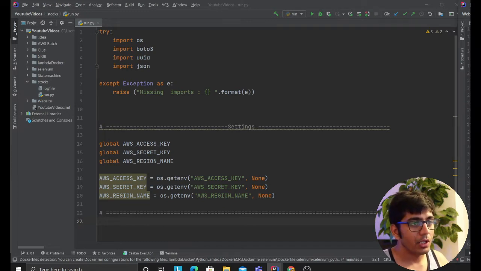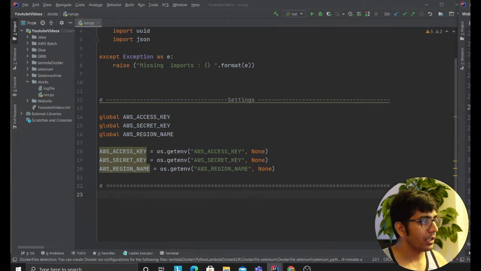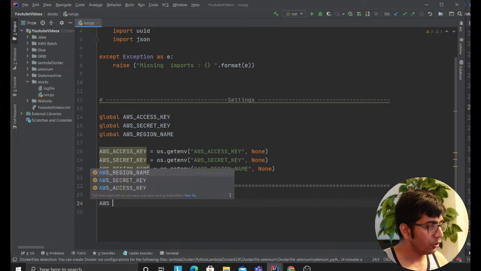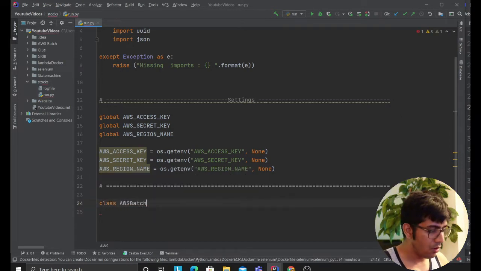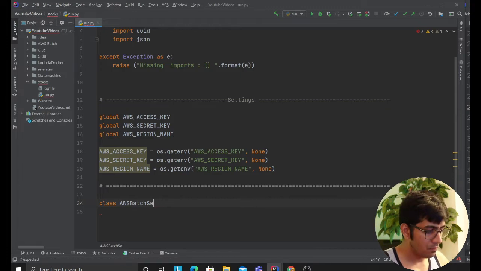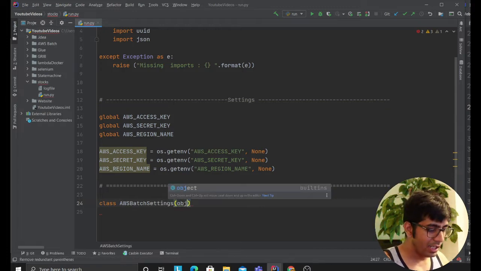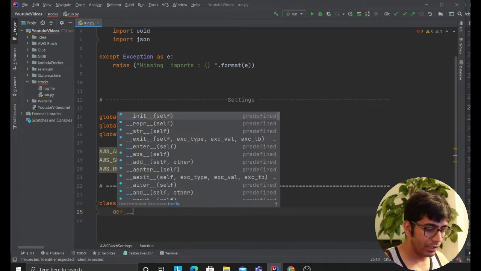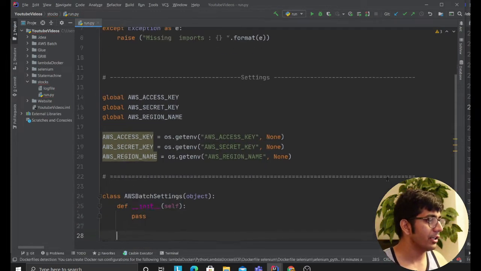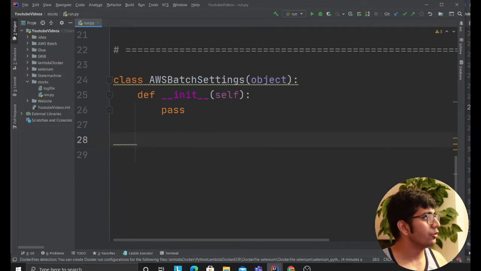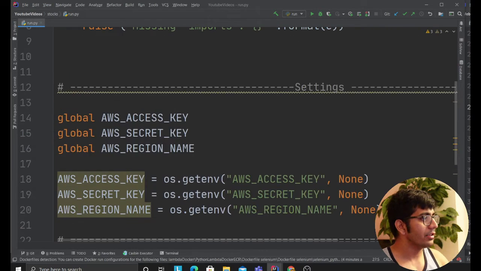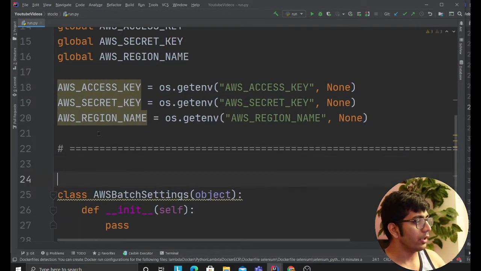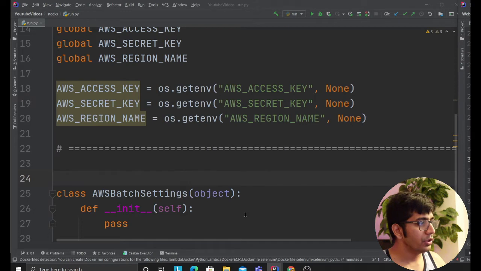So now what we have to do is create a class called AWSBatchSettings. This class would encapsulate all the settings, or all the variable configuration, that you need here. Again, I'm going to zoom in a little bit so you guys can see how I'm planning to write the code, right? So the first thing we need to do is define the job queue.